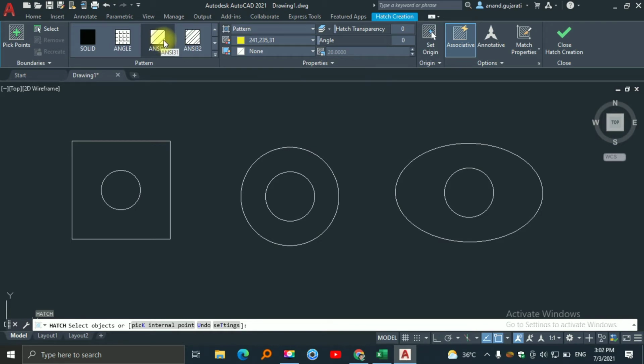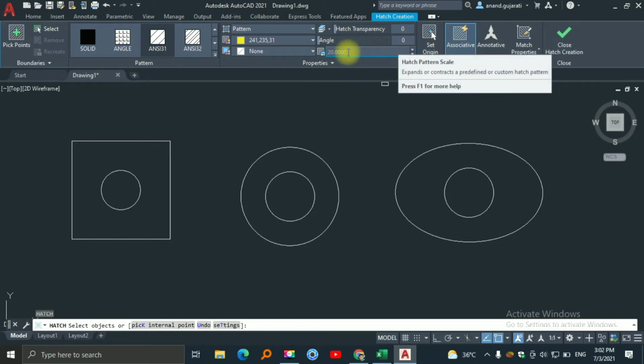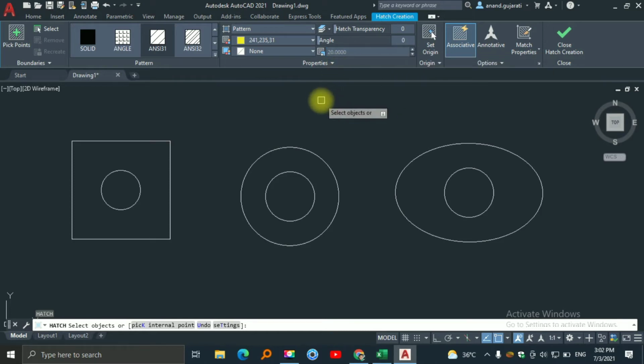For example, right now the line is at 45 degrees, but you want it at 90 degrees, so you simply change it here. It's the hatch angle. By using the hatch pattern scale, you can scale it. For example, 20, 10, 35, based on that your scale will be there. That means your lines will be far away from each other.